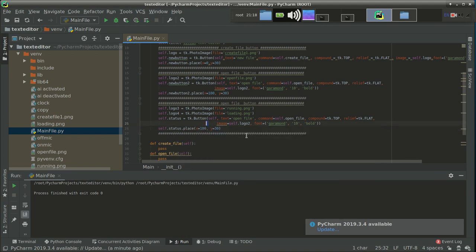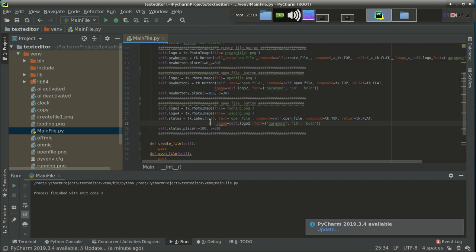So guys, you can see that self.status is actually not going to be a button, it should be a label. So let's change the name over here, provide the name label. Again self, because there is a single window, and on that window we want to put each and every image, so that's why I am providing this master value as self.